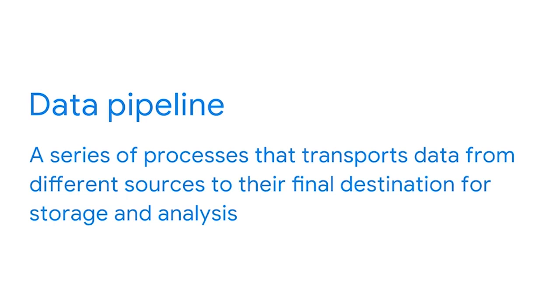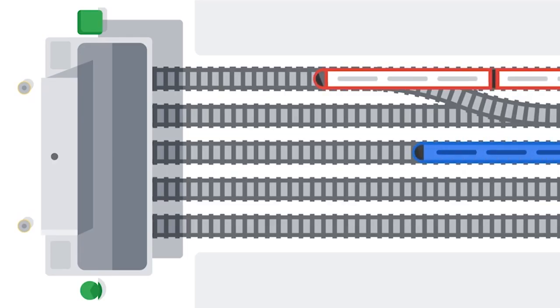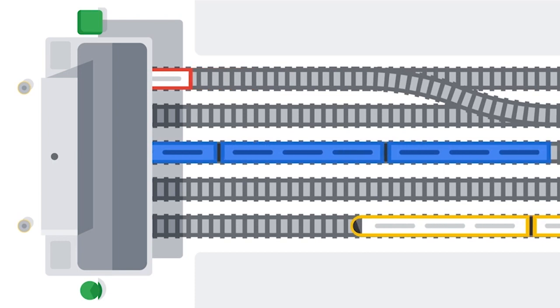All right, the second stop on our train ride, and the second tool in your toolbox is the data pipeline. A data pipeline is a series of processes that transports data from different sources to their final destination for storage and analysis. Think of the data pipeline as train tracks, spanning, passing, and crossing over vast distances. Data is transported along these channels in a smooth, automated flow from original sources to target destination. But that's not all. Along the way, it's up to BI professionals to transform that data so that by the time it pulls into the station or database, it's ready to be put into use.